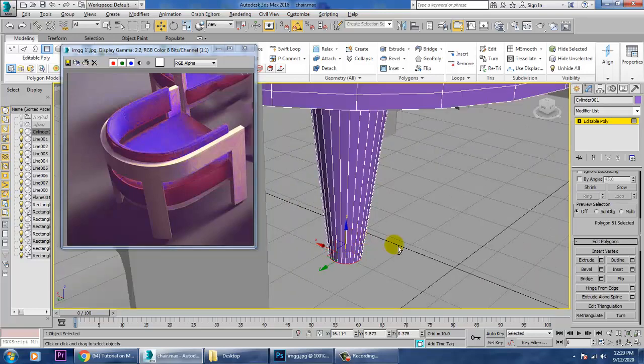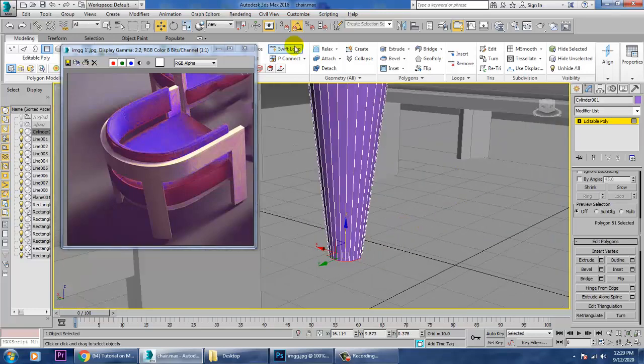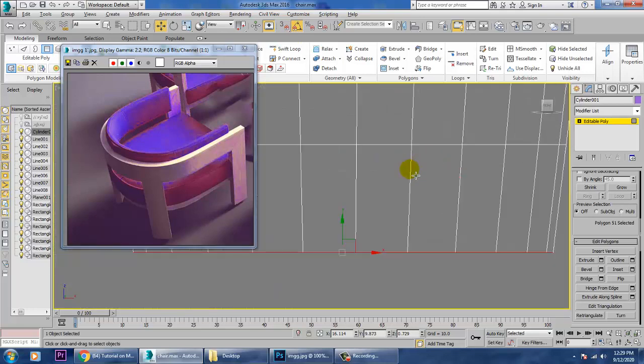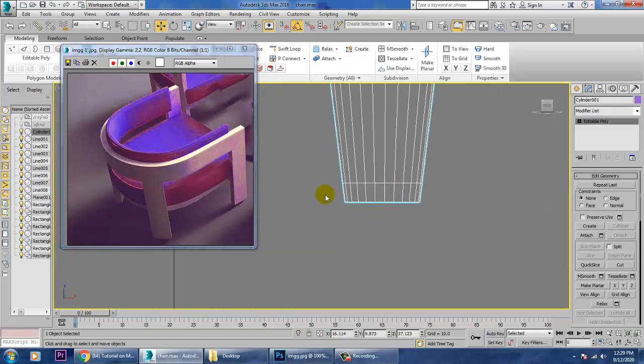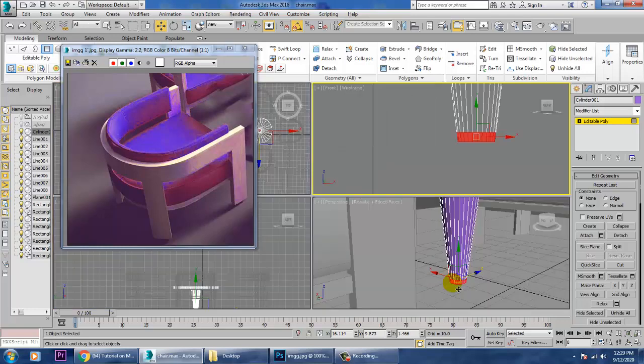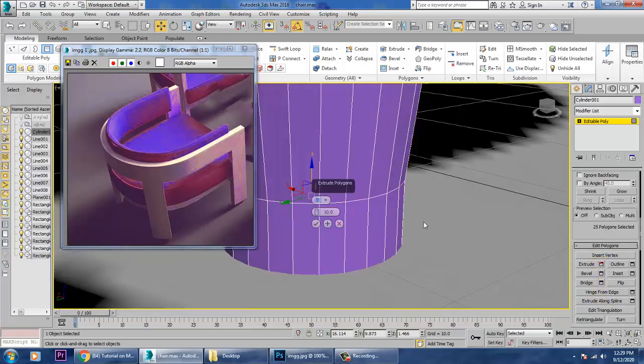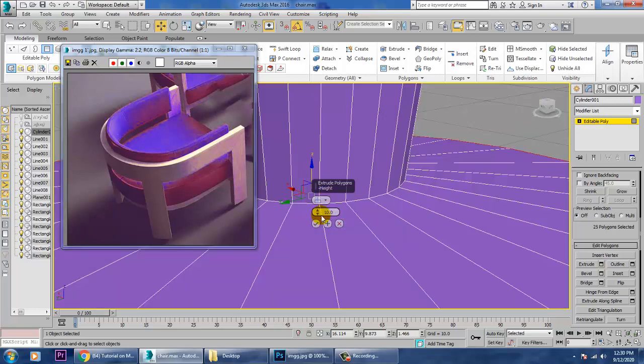And now again use one more swift loop over here, select this polygons over here, and let's just give one extrude by local normal and reduce the size.